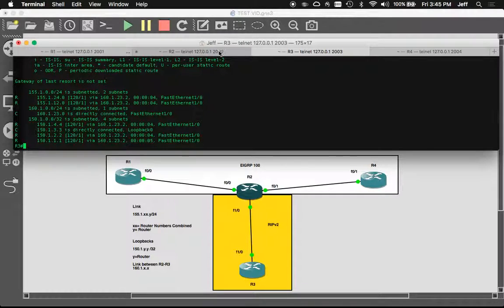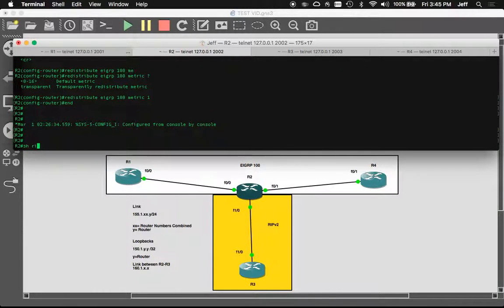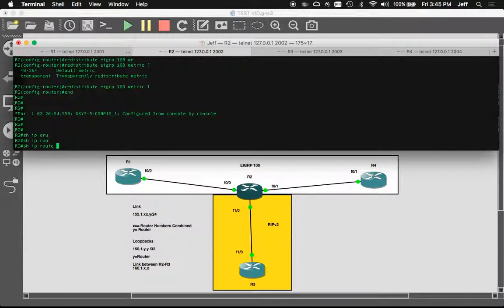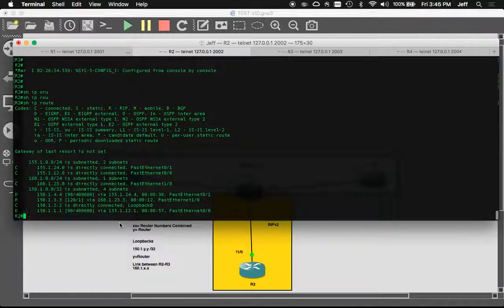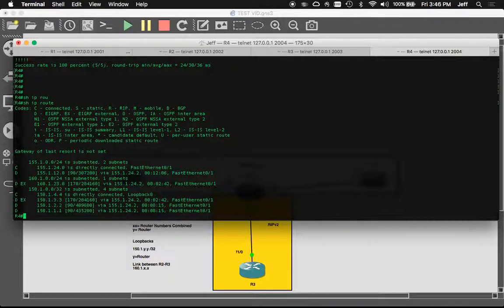Same thing here. And then of course on router 2, since they are the hub, all of them. So you can see in here, let me make this just a little bit bigger. Actually, let's go to router 4. So you can see in here that it knows it redistributed that RIP route, which came from router 3, as